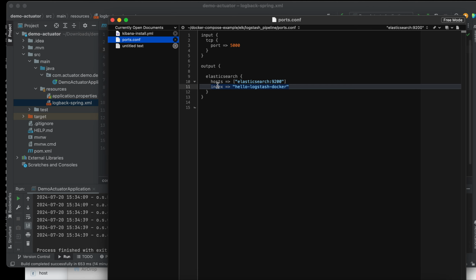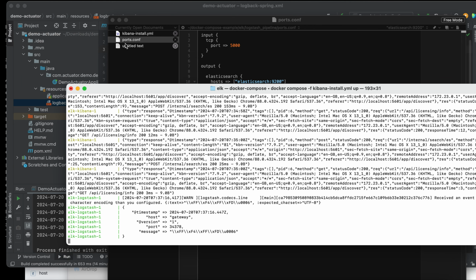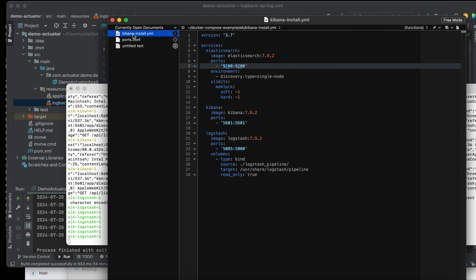Okay, then after you have this configuration, of course you can run docker compose.